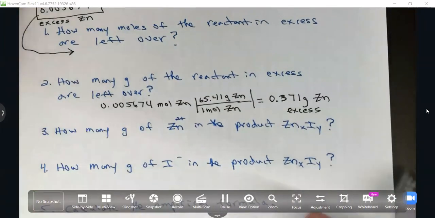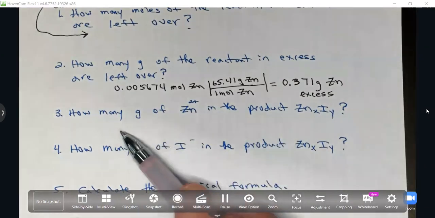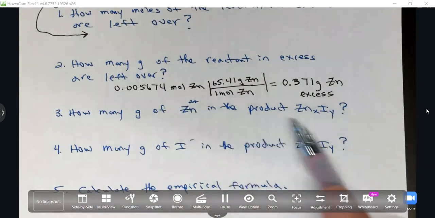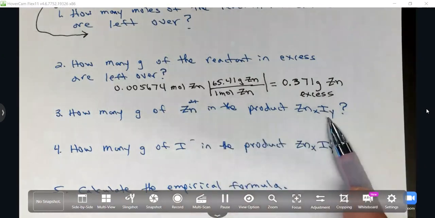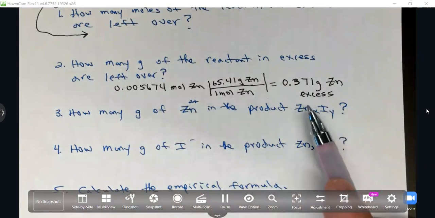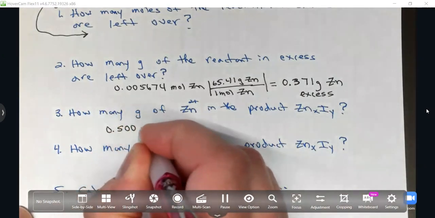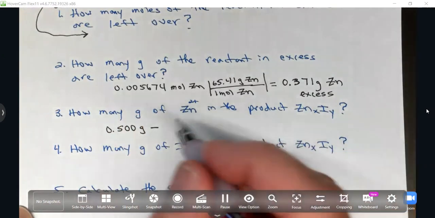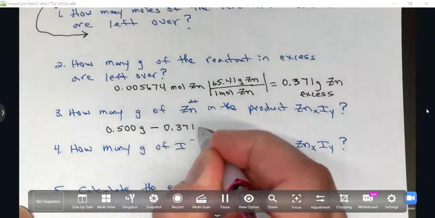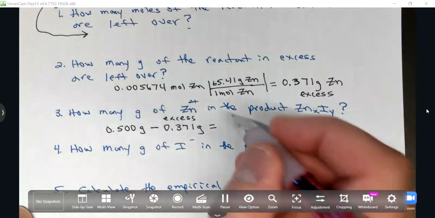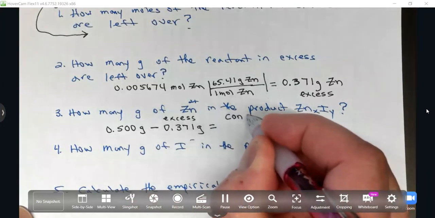Now that's this. How many grams of zinc? I know it's Zn2+ you end up with, but it's zinc in the product, ZnI_y, in our product. Well, if we started with 0.5 and we've got 0.371 left over, we're just going to subtract that, right? So whatever you start with, we have 0.5 grams minus excess of 0.371 grams. That means that we consumed to product